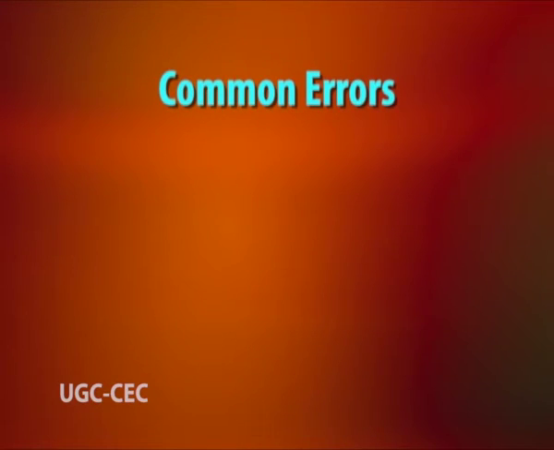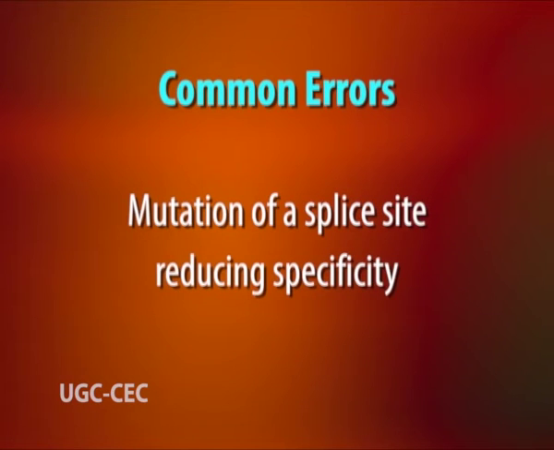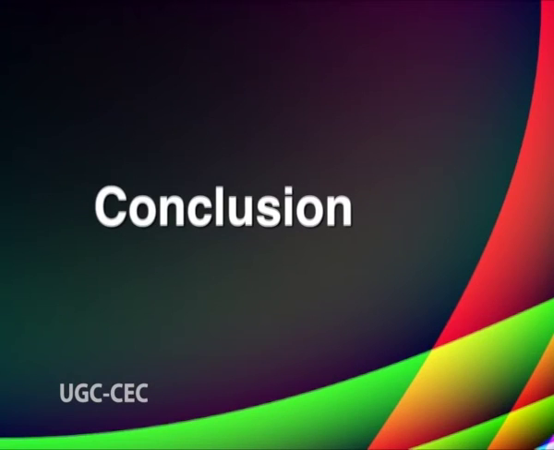Splicing errors and variations. Splicing errors are very rare events which may range from 1 in 1000 to 1 in 1 lakh. Common errors include mutation of a splice site resulting in loss of function of that site, mutation of a splice site reducing specificity, and displacement of a splice site leading to inclusion or exclusion of more RNA than expected, resulting in longer or shorter exons. Now, coming to the conclusion,